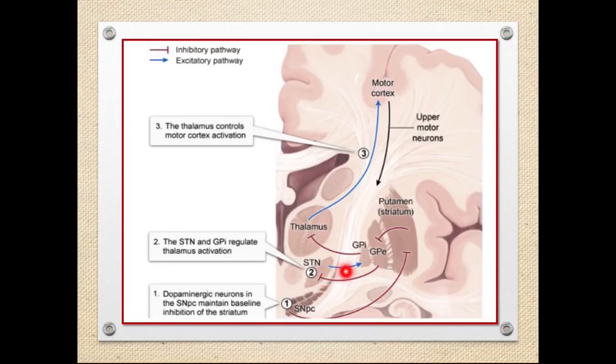Subthalamic nucleus to this blue line is excitatory pathway, it will go to the globus pallidus internus. Or via the direct pathway from the striatum it goes to the globus pallidus internus. So second part, we can say the subthalamic nucleus and globus pallidus internus, they regulate the thalamic activation. From the globus pallidus internus it goes to the thalamus, and from the thalamus it will enter into the motor cortex. The thalamus controls motor cortex activation, and ultimately the planning, programming, and how much movement should be there,